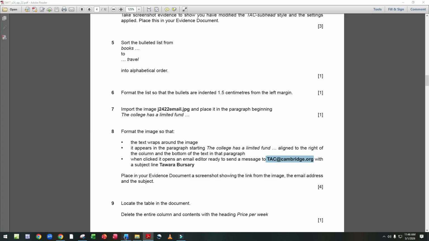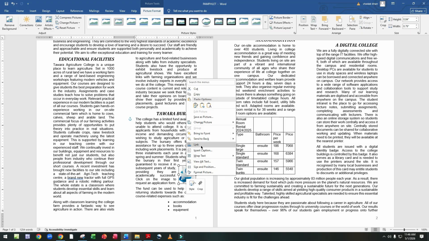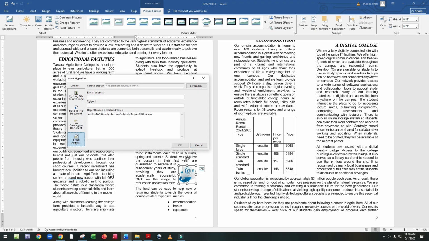Now we open a file, right click, link, email address, enter here email and subject is Tower Bursary.